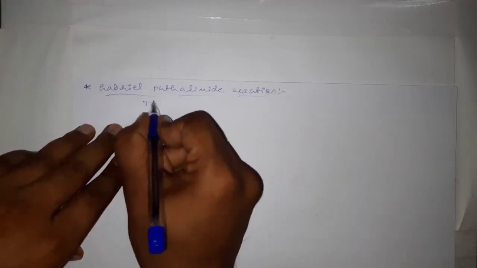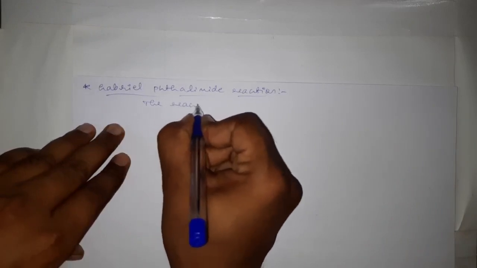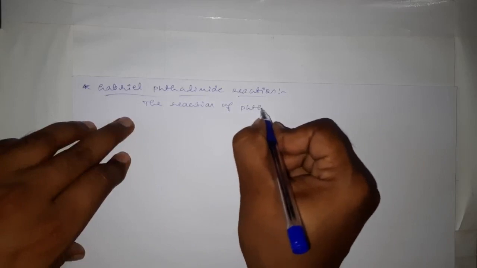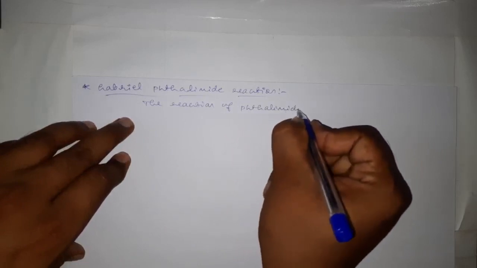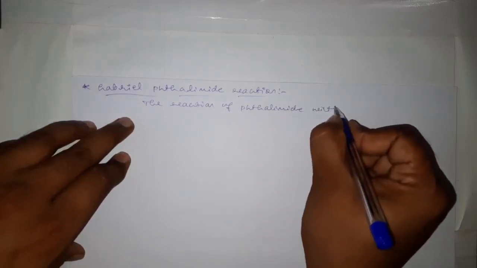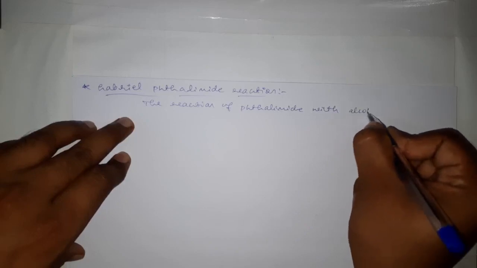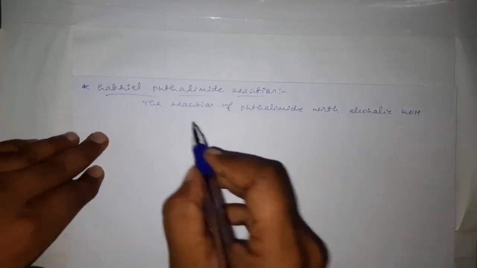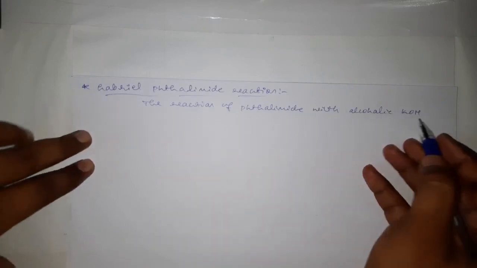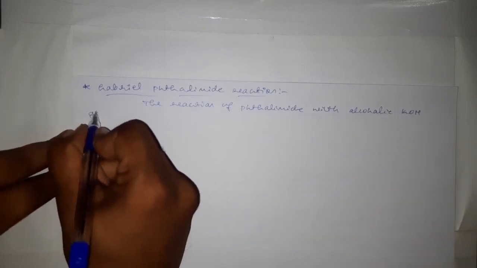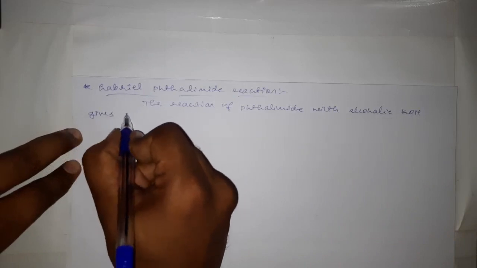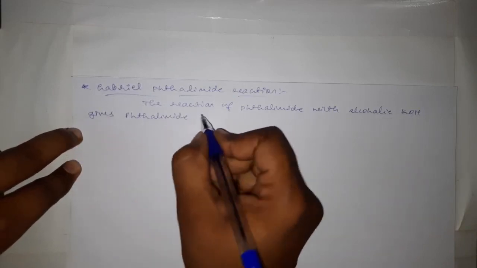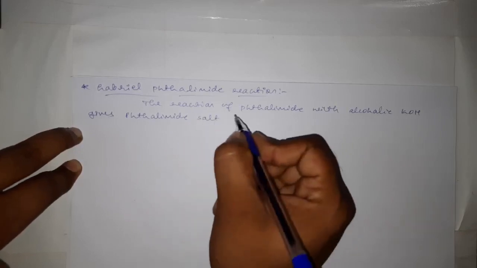See, the reaction of phthalimide with alcoholic potassium hydroxide gives phthalimide salt,